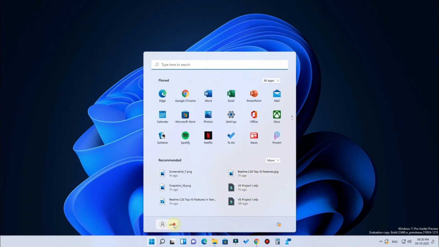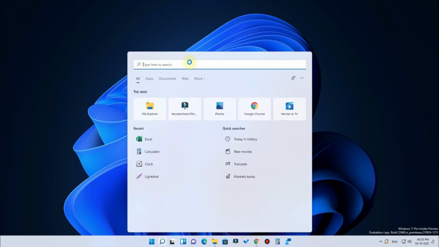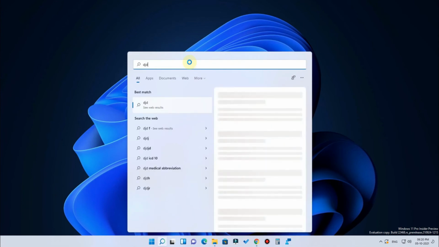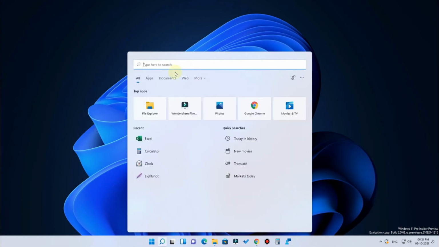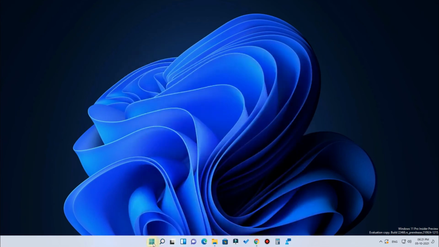And here is a user section. You can change the user as per your wish. And here is the sign in option, and update and shutdown, and update and restart options. So like that, the start menu is actually well organized. And also here is a type to search option. You can instantly type your related files or some of the other programs like that.